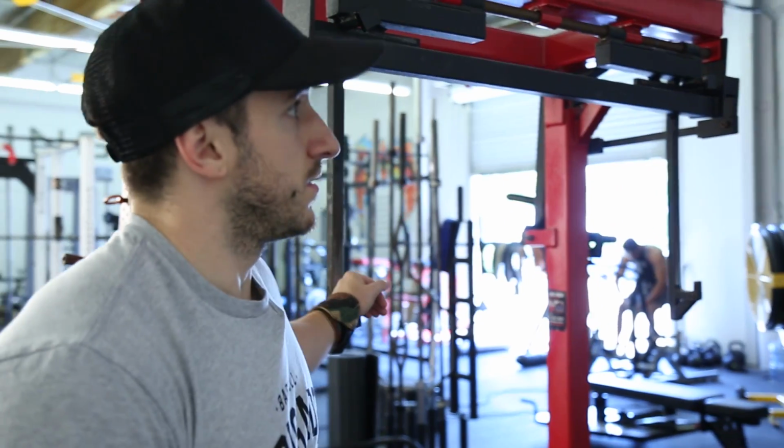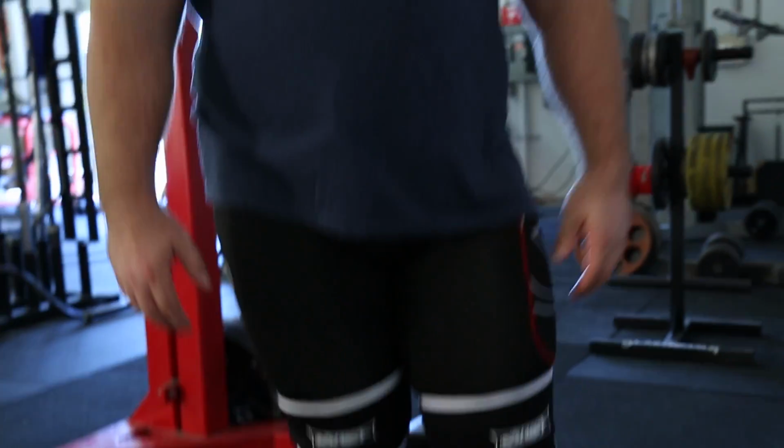Yeah, and then the next thing, and really the only part of my pre-squat routine that I do at this point, besides my general warm-up of putting my slingshot sleeves and socks and shoes on, which gets me really...